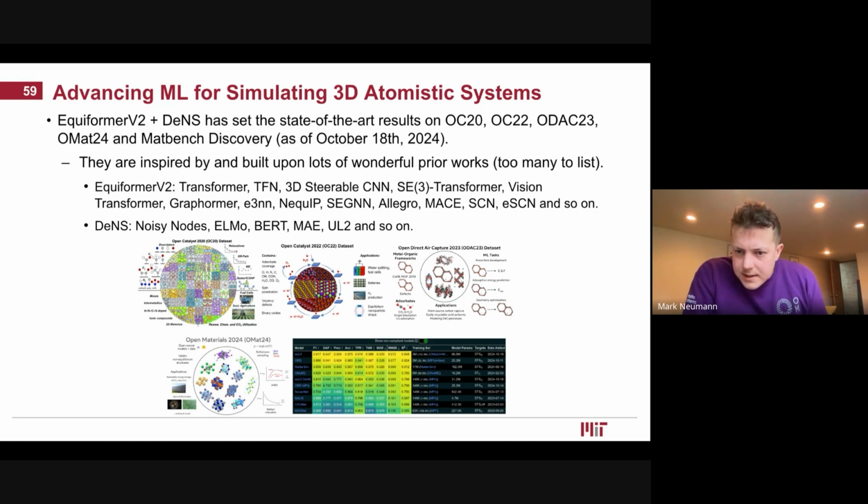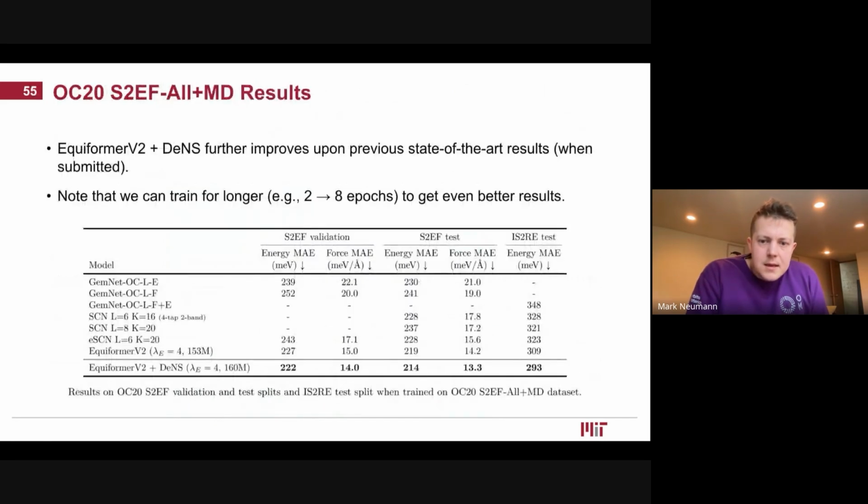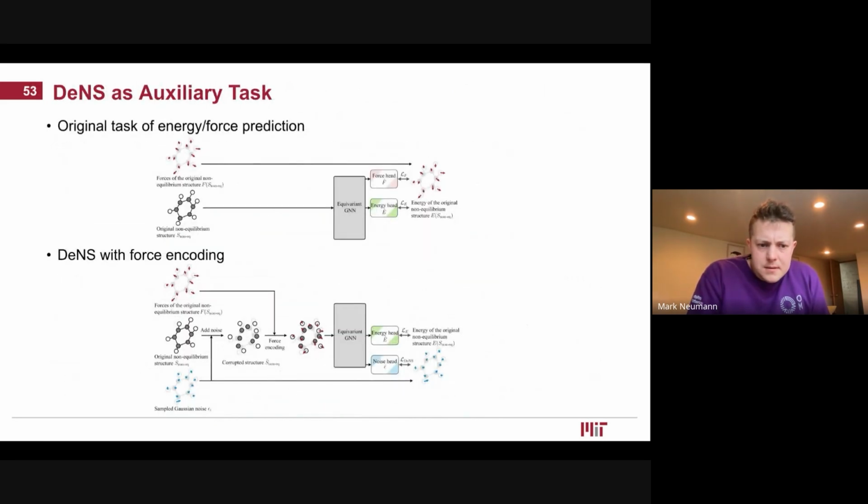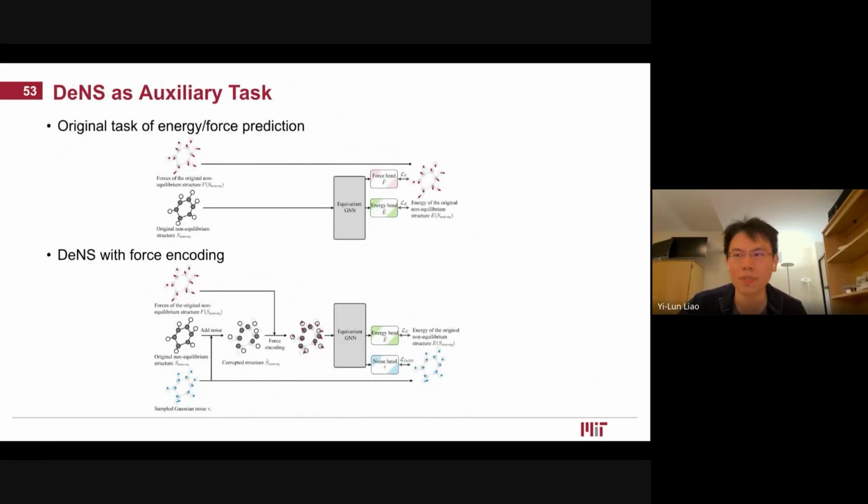Arthur is asking, could we just briefly summarize how the DeNS pre-training works? How can we denoise back to a non-equilibrium state? Yeah, so here is the figure. I go through it quickly just because of the time. So if we look at the figure below here,